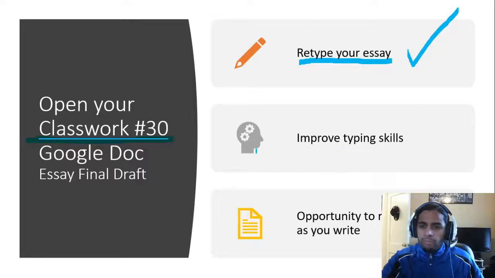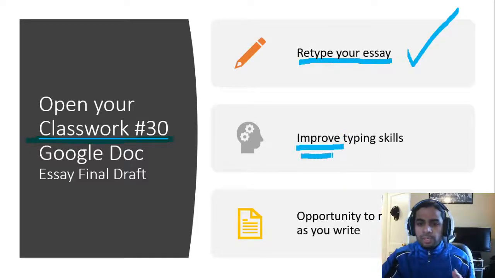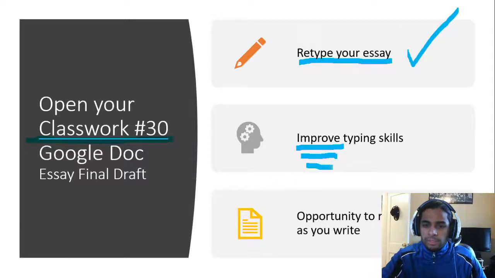First of all, improve your typing skills, all right? Some of us are pretty quick typers. We can type with both hands, look at the keyboard. Some of us are really good typers. We don't even need to look at the keyboard. We can just look straight at the screen. And some of us are kind of just typing with either one hand or one finger at a time. It doesn't really matter where you are on the scale. The goal here is to improve typing skills. You're going to be typing a lot as you finish your senior year in high school, as you go into college and you type more essays. So if you can improve your typing skills, I definitely want you to take the opportunity to do that.